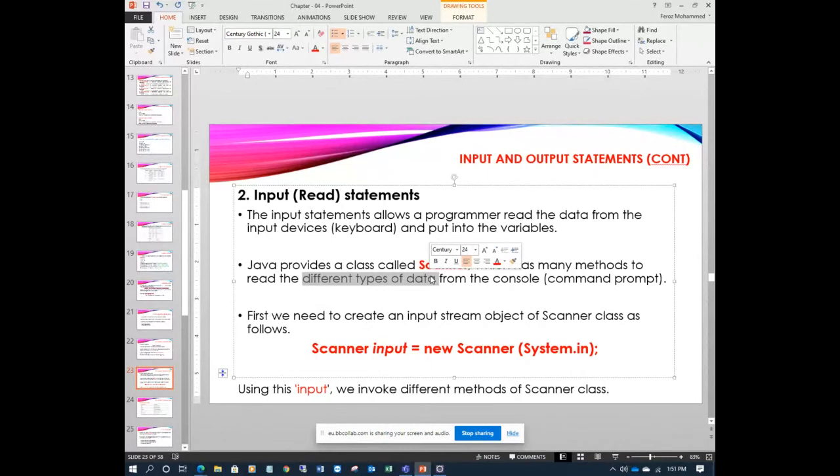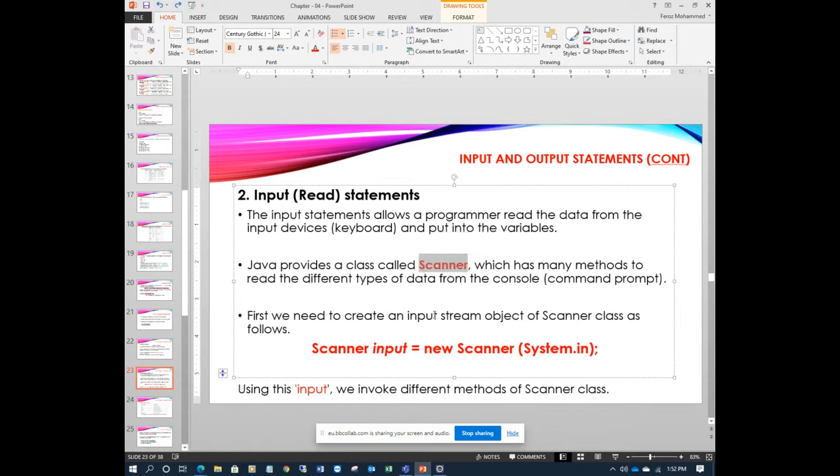So how to use these methods in our program? We have to write this statement. Whenever you want to use any class's methods, we have to create an object. This is my class, and I want to create an object for it.